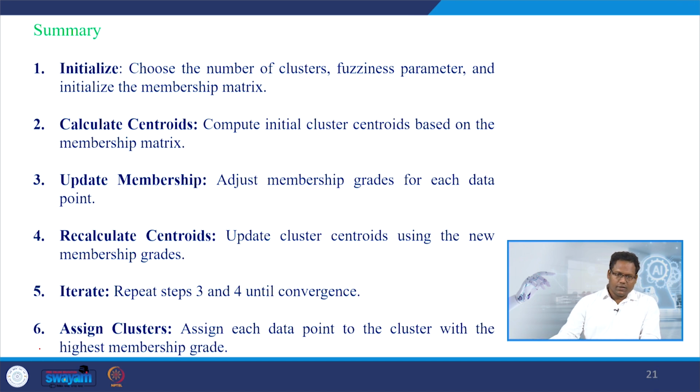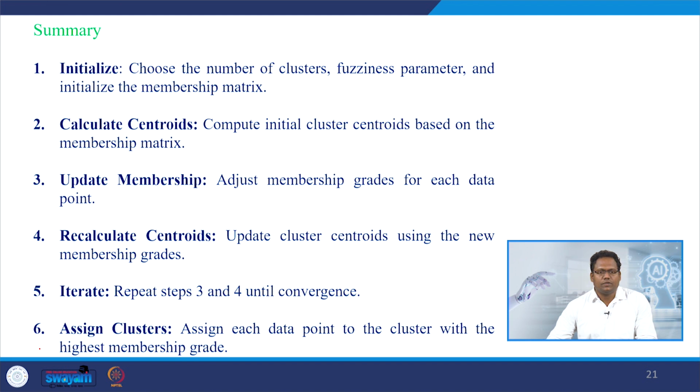So, the summary here is: initialize, which means choose a number of clusters, fuzziness parameter, initialize the membership matrix, 3 steps associated under initialization. The second step is calculate centroids, compute initial cluster centroids based on the membership matrix, and then third step is update membership, and fourth step is